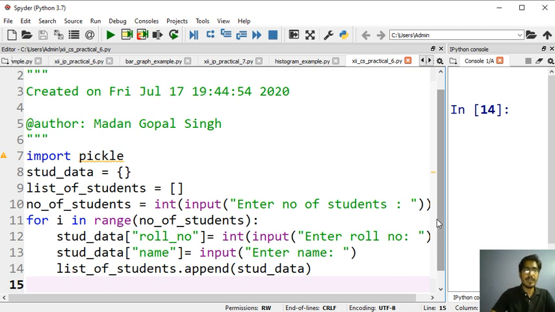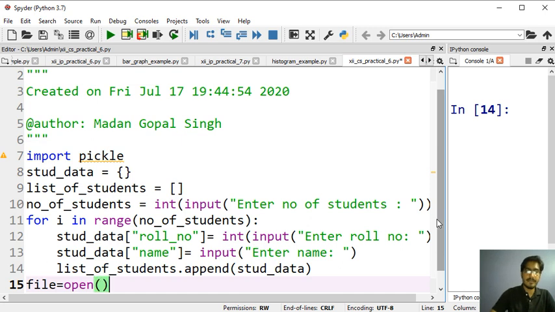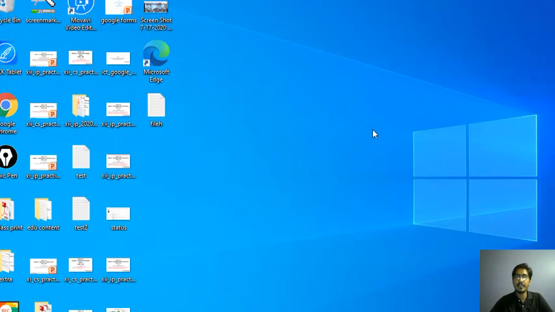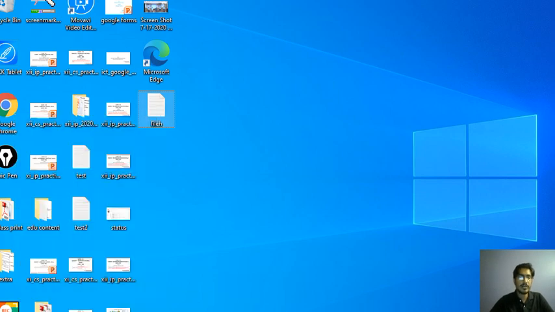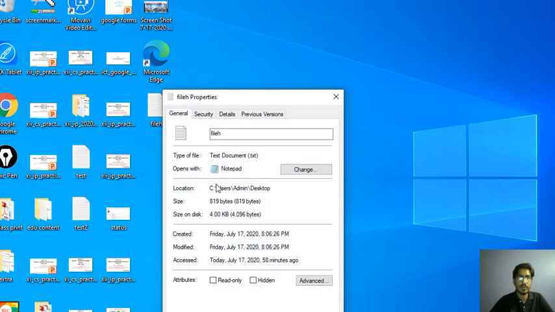For that purpose I need to create a file. So the open method. To create a file you use the write binary mode. Let's suppose I want to create it on the desktop. So I need to get the desktop's full path. Click on any file on the desktop, go to the desktop and copy this location, because you might type the location incorrectly.